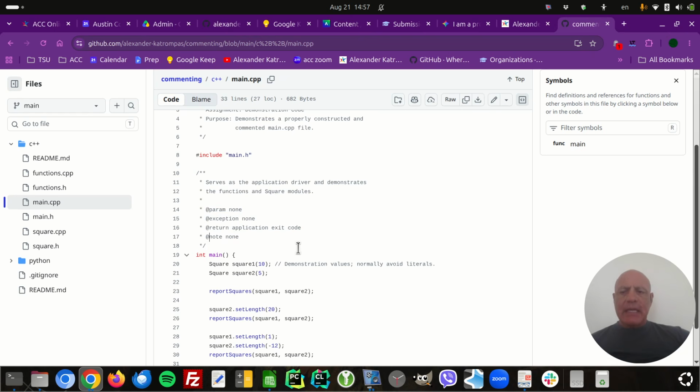Now, in the professional world, if these were all none, would you include them? Probably not. There may be some standards where you do, like some companies may say, yeah, do it, but you probably would just not have anything here. If it's none and it doesn't apply to anything, maybe the only thing here would be the exit code, because there is an exit code. You might have that statement, but you wouldn't have these because they say none. But you have to have them for class. The purpose of that is I want you to think about it.